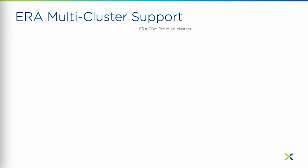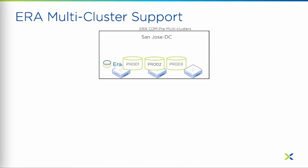Moving on, we recently announced Era multi-cluster support. This is one of the key features of Era 2.0. As of today, Era supports operation on a single Nutanix cluster. So something like this: you install Era on a Nutanix cluster, and all the operations like provisioning, cloning, patching are done on the same Nutanix cluster. So in this scenario, if you have a production Nutanix cluster in, say, the San Jose data center, and an Era instance is running on this cluster, you're able to perform cloning on the same Nutanix cluster, right? With Era multi-cluster support, which includes something we call the global time machine feature, we can now create